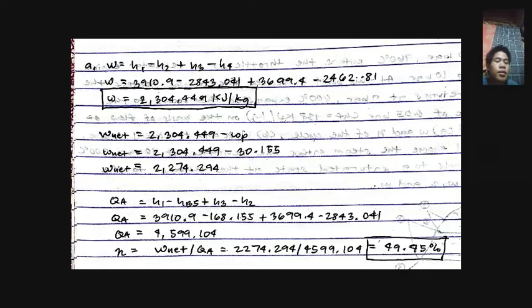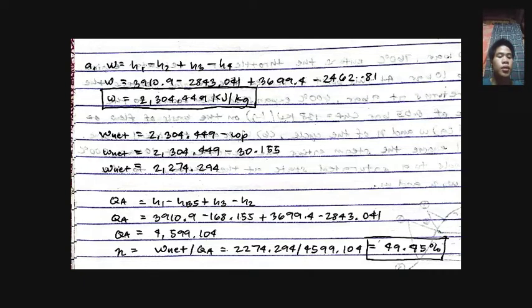WN or net cycle work equals 2304.449 minus WP. The value of WP is 30.115. So when I calculate it, I get the answer 2274.294. Next, QA or heat supply